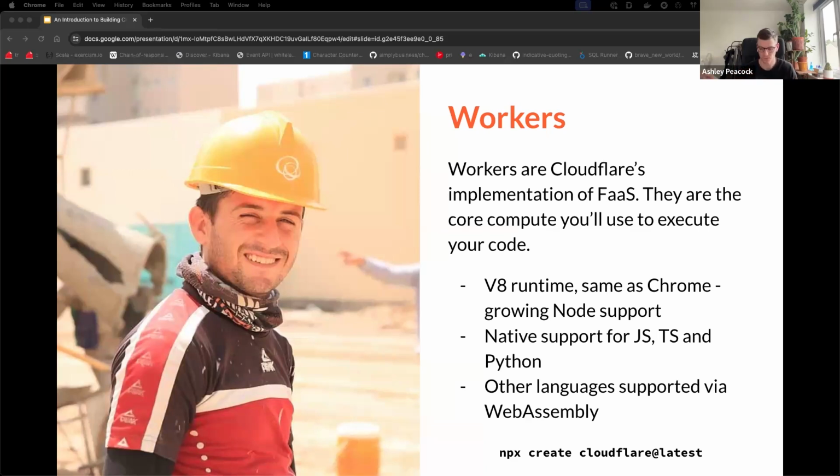But it's also something that any language can compile to, and therefore you can put it on Cloudflare. But if you're starting out and you don't mind writing in JavaScript, because I know some people don't like writing in JavaScript, I would start with JavaScript, TypeScript, or if you like Python, go for Python, purely because they're natively supported. So they're going to be easier to get off the ground with.